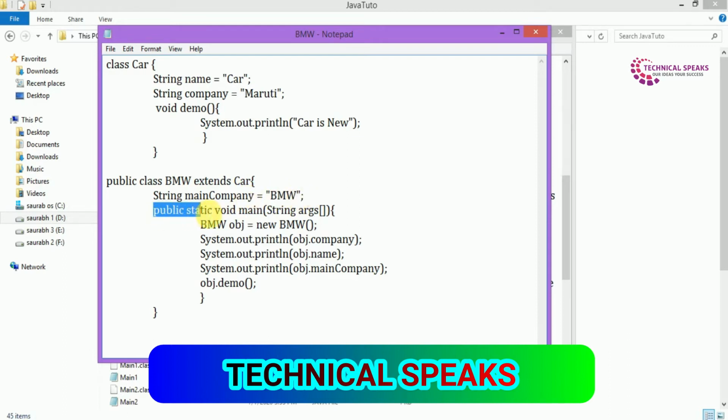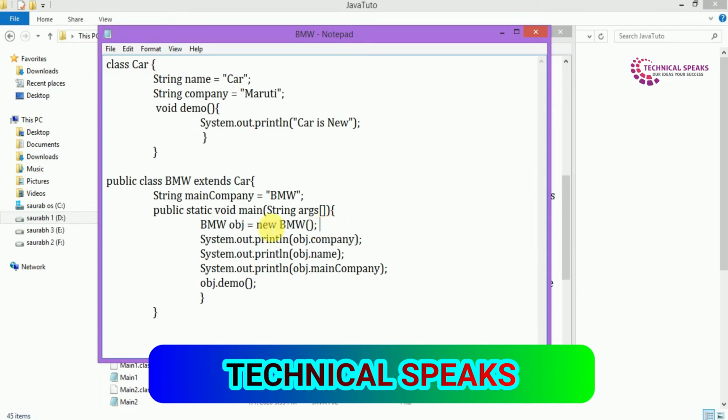Public static void main(String[] args). Here we create the main method, and what we are going to do is use the properties of the car class in this child class, which is BMW. So for that, BMW object is equal to new BMW.